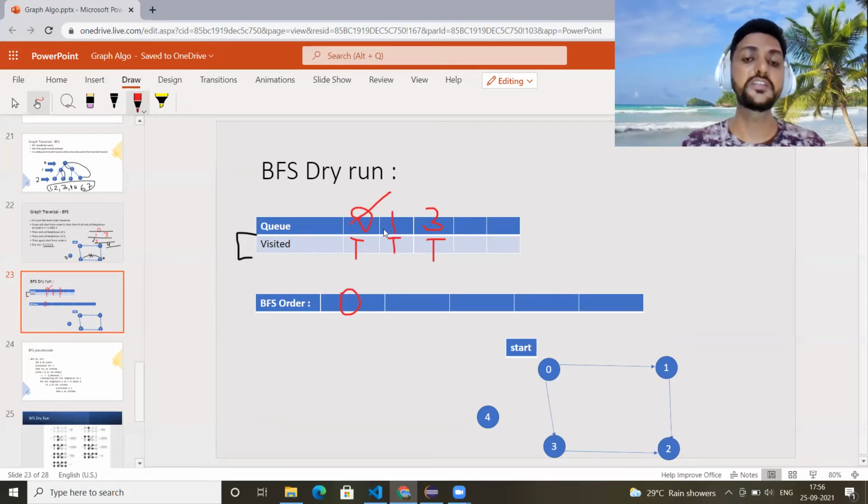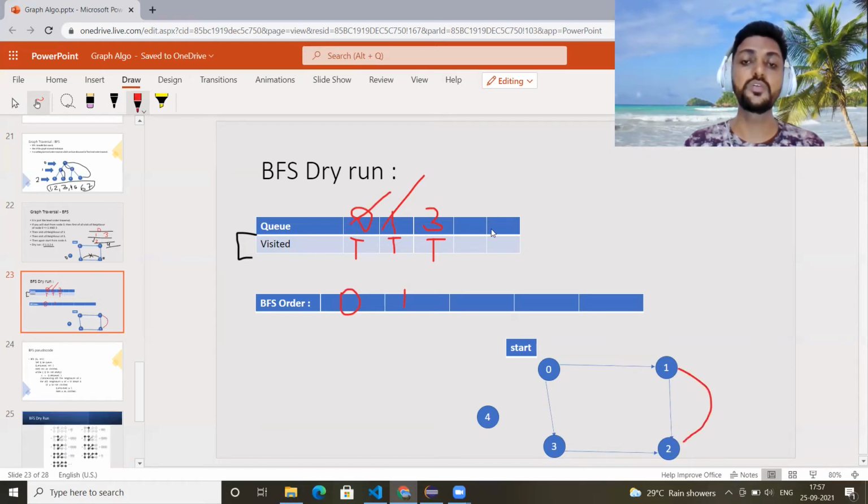Now you will delete the front node of the queue, which is 1. If you are deleting it, you need to print it, and you need to insert all the neighbors of 1. 1 has only one neighbor, which is nothing but 2. So you will insert 2, and along with insertion, update visited as true. Now you will delete 3 from the queue. Once you are deleting, you need to print it first of all. After print, you need to find the neighbors of 3,